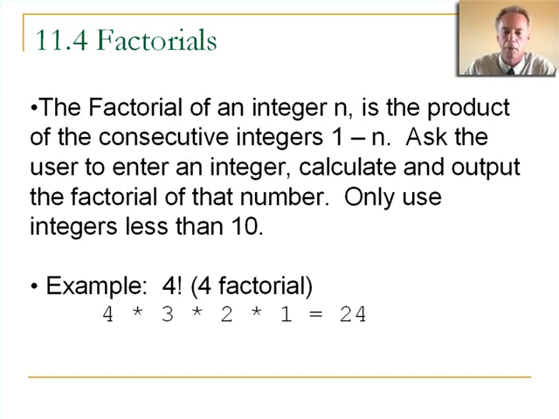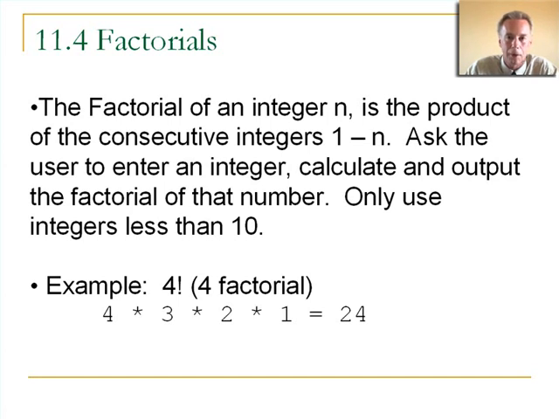And now one more problem. We're going to look at something called factorials. And in this program, we're going to ask the user to enter a number, and we're going to calculate the factorial of that number. A factorial is the number multiplied by each of the smaller numbers down to 1. So factorial of 4 is 4 times 3 times 2 times 1. And the times 1 doesn't really change anything, so you could think of it as 4 times 3 times 2. So 4 factorial, and you write it with an exclamation point,